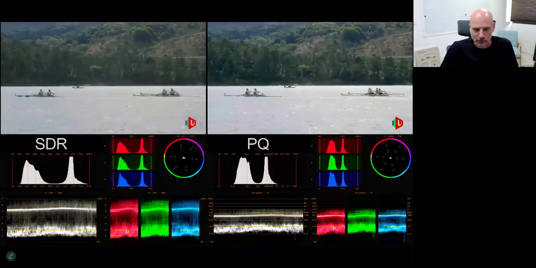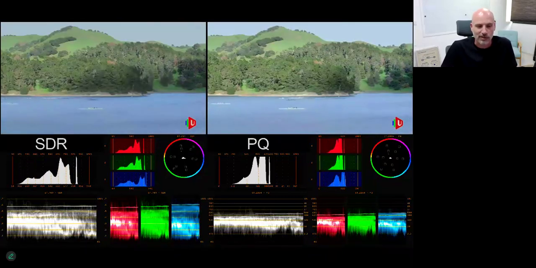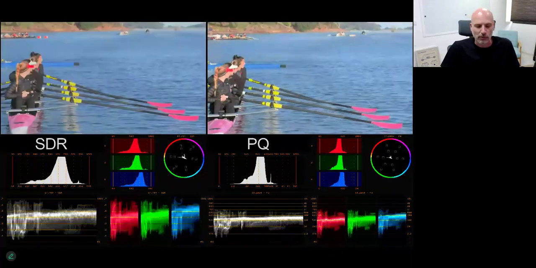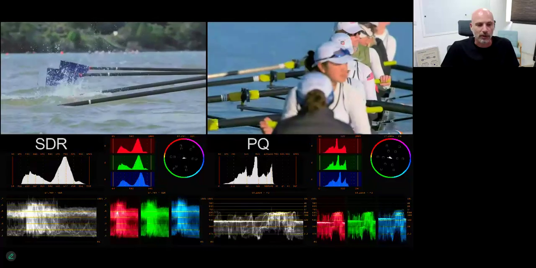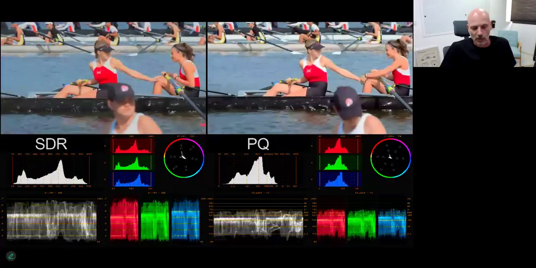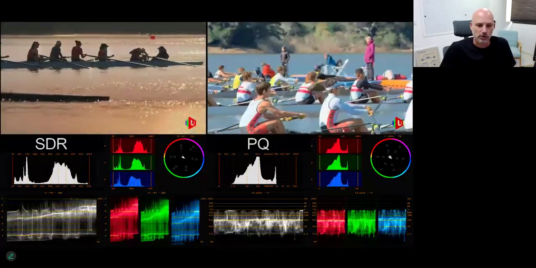Obviously, if you have a multiviewer in SDR and you're producing PQ, it's a waste of energy because you wouldn't see anything. You wouldn't see the problems. So you would use a multiviewer in the native format of the higher quality variants that you have. And then you would like to see what is the result of all of the conversions of this